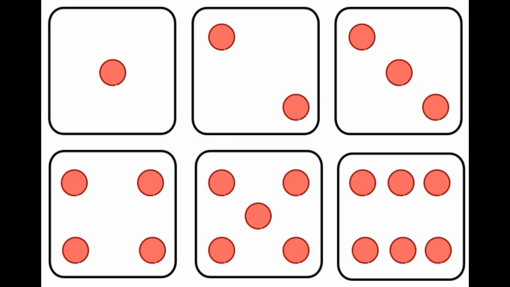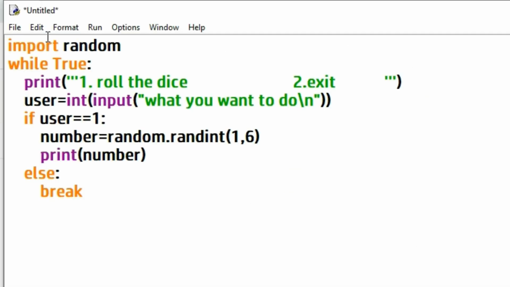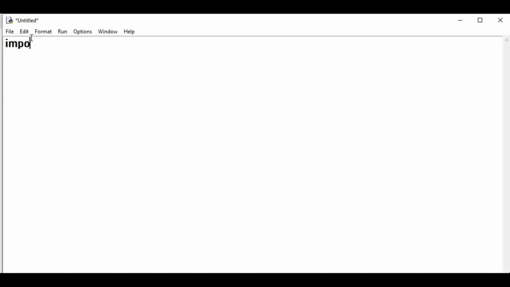As you know, the smallest value of a dice roll is 1 and the largest value is 6. This logic can be used to simulate a dice roll. So with this concept we will create this game. This gives us the start and the ending value to use in our random.randint function.